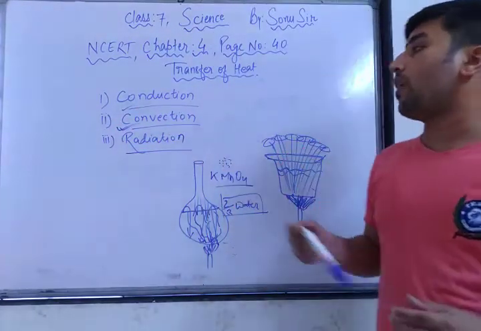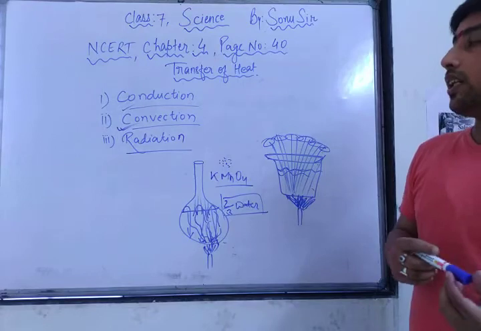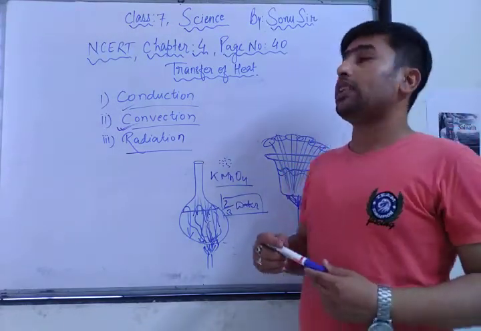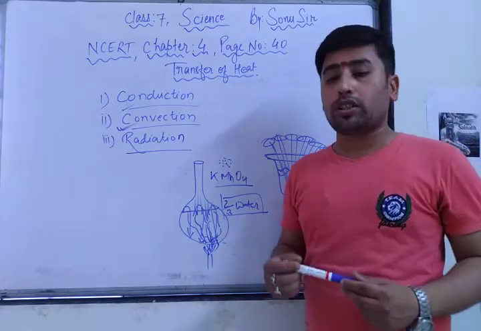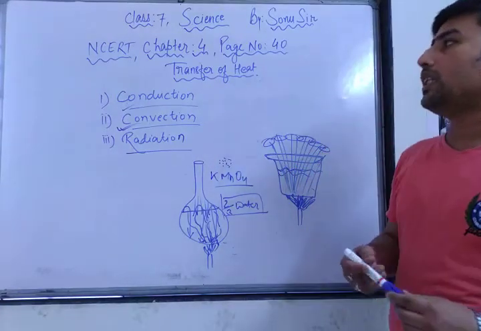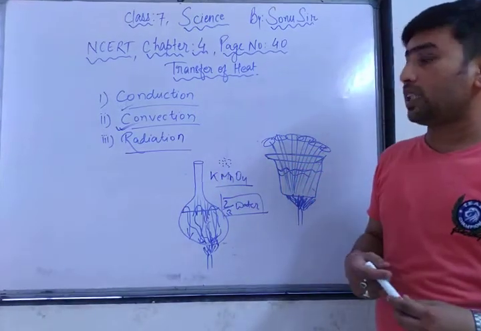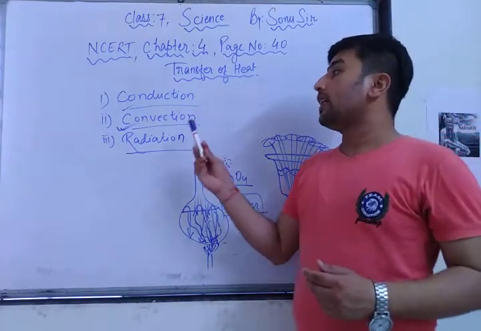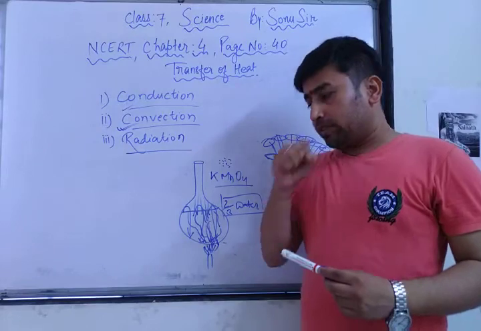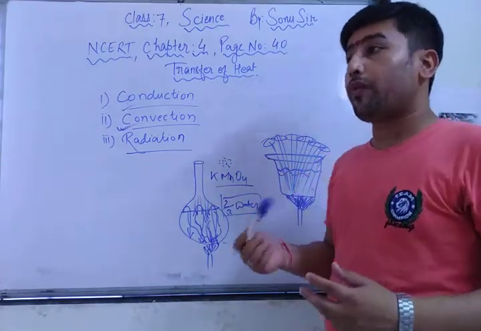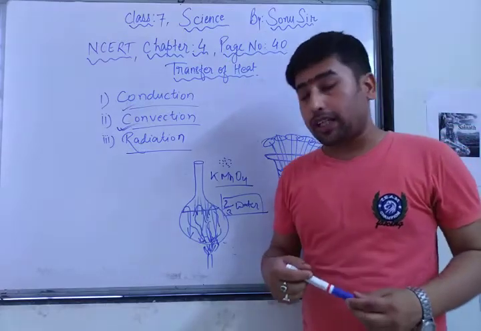I hope all of you understand conduction and convection. In convection there are two processes, land breeze and sea breeze. This is a very long process that I will tell you about in the next video. But before completing this video, you must remember what we have learned in this topic: conduction, conductors, insulators, and convection of heat, especially in liquids and gases.